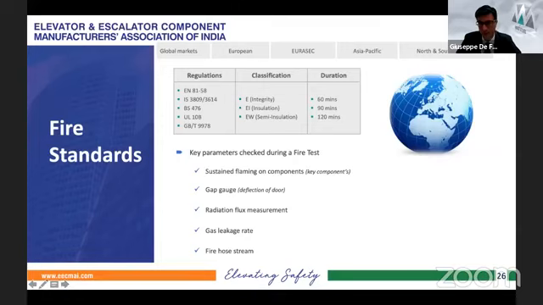Then there is BS 476, which was the norm coming before EN 81-58, which is still used in some countries, typically even in India or other Malaysian countries, but is disappearing step by step. Then there is UL 10B, which is typically used in North America and some countries around the world. And then there are other